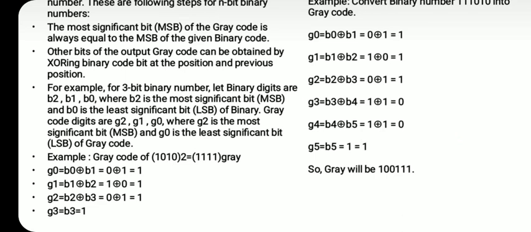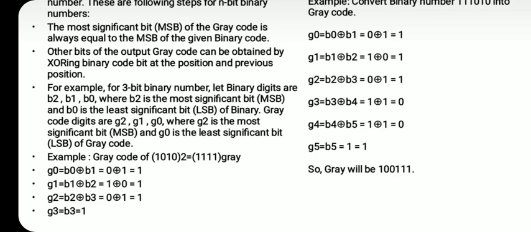B0 is 0. And what is B1? 1. So 0 XOR 1. What did I say? Odd inputs or different inputs, output is 1. So we got the first result as 1. Write it down. Then B0, B1 is over. Now B1, B2. B1 XOR B2, that is 1, 0 again. So 1 XOR 0 is 1.